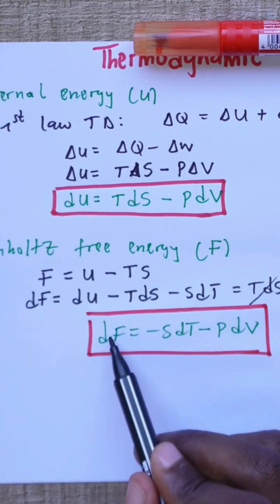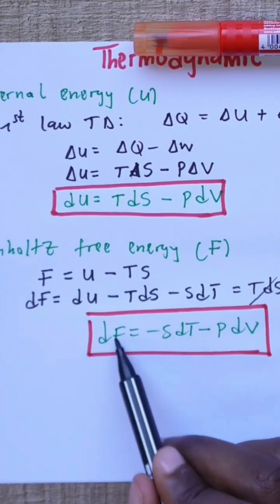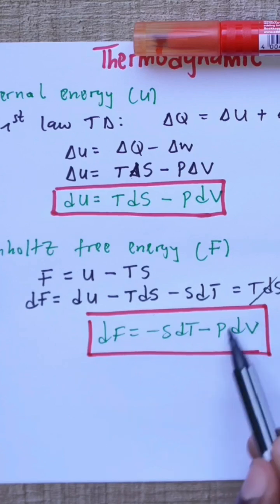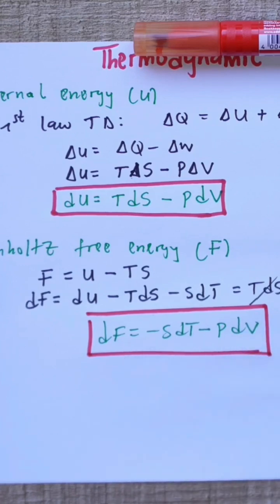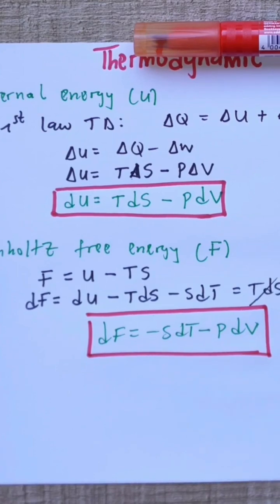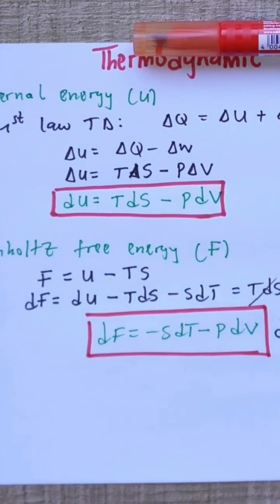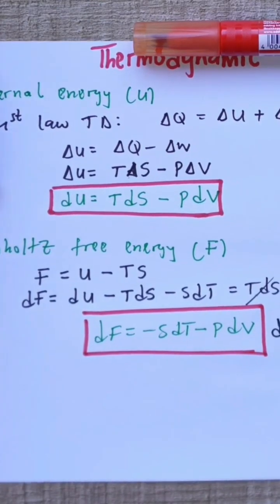And then if you want the differential expression, then you can see that we have dF as a function of any temperature change dT and any volume change dV. So the variables really that come into play here are, we can say that F is just a function of T and V, okay, or dF if you prefer. All right, so let's move to the third thermodynamic quantity,